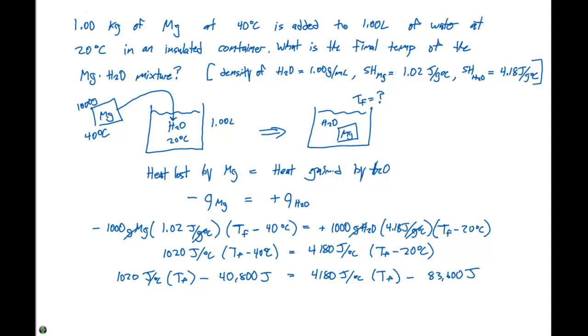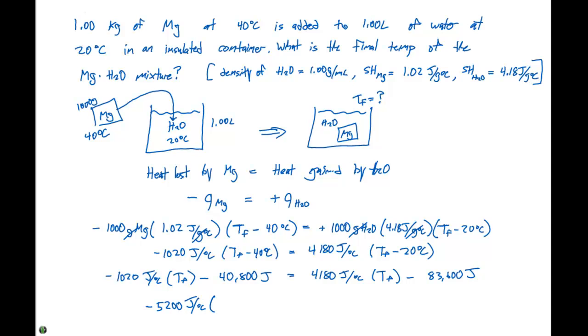If we rearrange each of these to get the final temperature on each side, and I'm forgetting a negative sign over on the left, we can subtract 4180 from each side to get negative 5,200